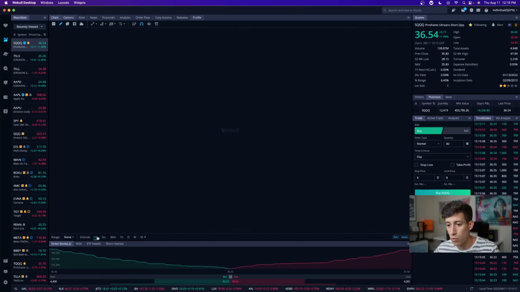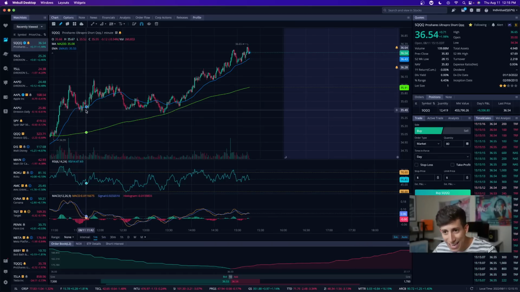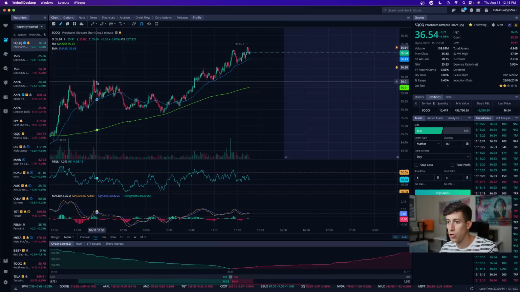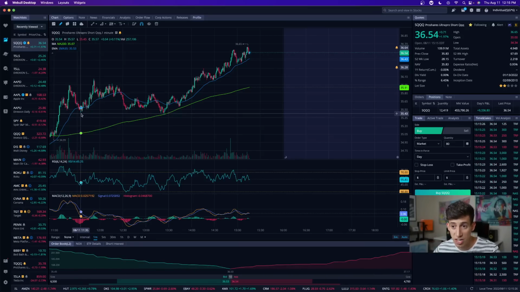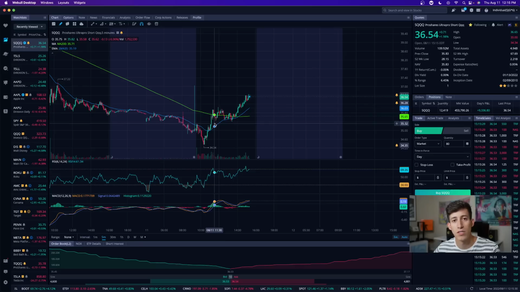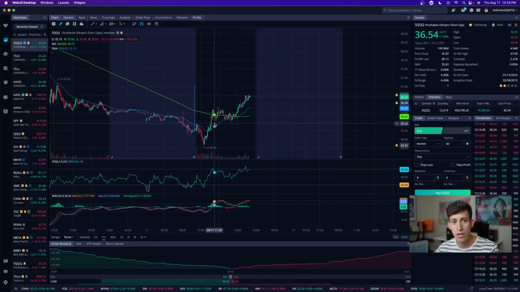How much does it suck when you go on the 1 minute time frame and it breaks a little bit below EMA, you exit, and then it continues to rally? Like, oh my God, dude, I left so much money on the table. I either cut losses or locked in profits because I thought this was a break of pattern. But if you would have looked at the 5 minute time frame, again, you're giving something more time to identify its true direction. So instead of making an impulsive decision, you're giving the trade or the opportunity more time